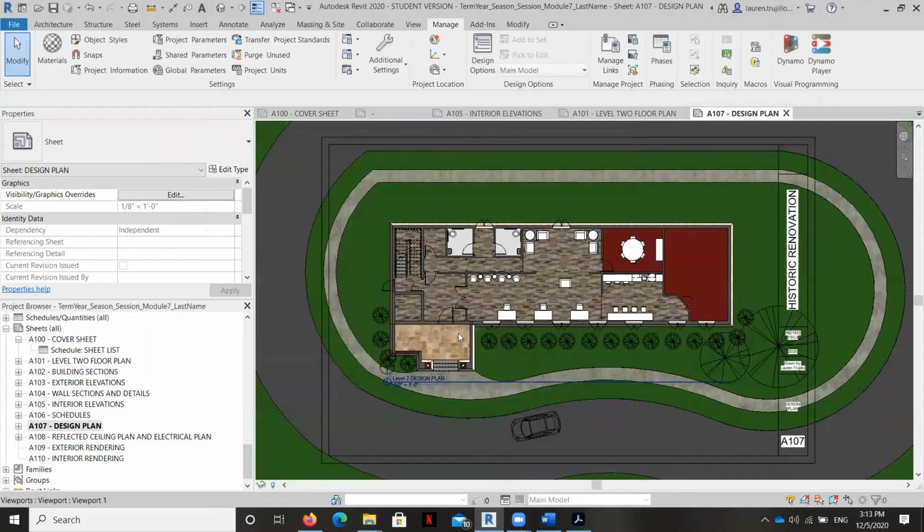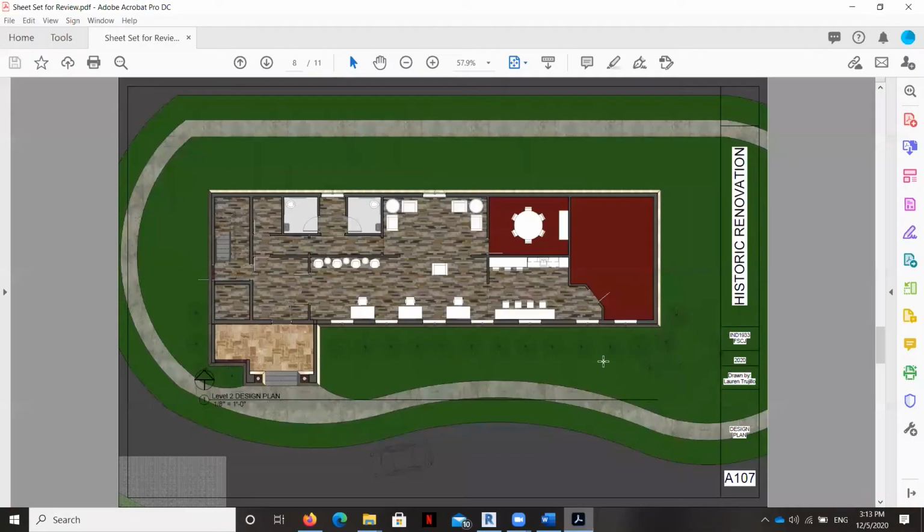But in any case, the rest of this is just going to be that black and white line drawing so that it's nice and clear. Okay, let's go back to our drawing set. The rest of it, once all that site is hidden, I'll just verify and make sure that the margins are the same on the side. It looks like they're just slightly different, so it needs to be shifted over just a little bit to the left.